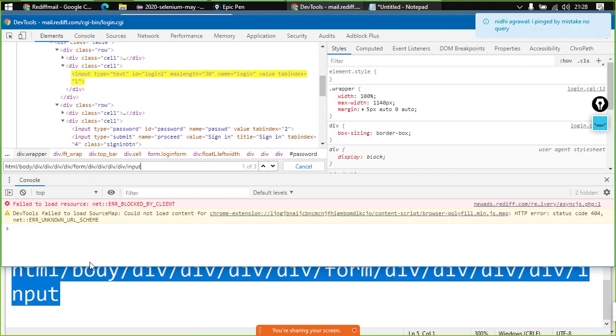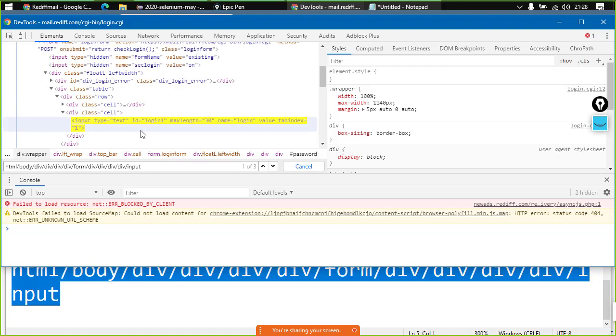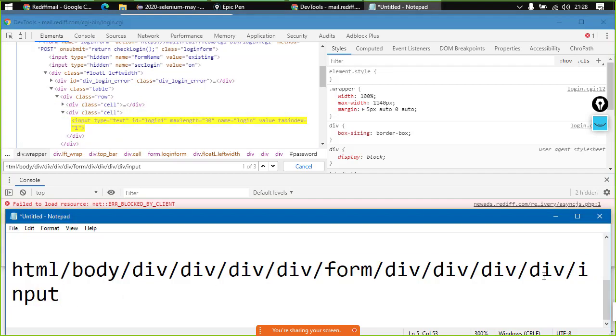Okay, so over here now what we need to do is that we simply need to have access to this particular element. Now let us just get more specific here. How? Now over here this input tag is inside div tag, that is okay, but this div tag is the second div tag. So specify to here, right?